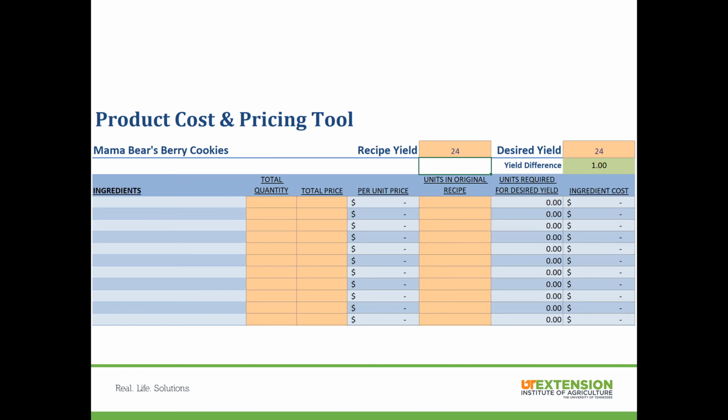If you go buy a 5-pound bag of flour and that's 80 ounces, and you tell me there's 2 ounces of flour in the recipe, we can easily figure out what the cost per ounce is. But if you tell me that there's 2 cups of flour in the recipe, there's not an easy way to convert those fractions of a cup when we start looking to scale it up or look at pricing per